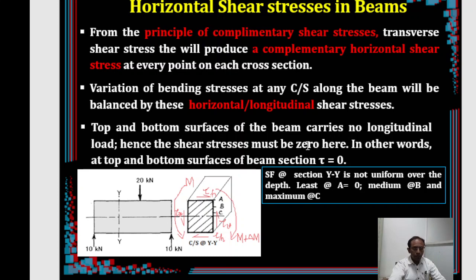So we answered how this horizontal shear stress comes into existence. That's because of the principle of complementary shear stresses, basically originating from the vertical shear stresses only, right? Now, as we told, the shear stress is not constant. It is not uniform over the depth of the cross section. It is maximum somewhere at the center and almost zero at the bottom and top of the cross section,